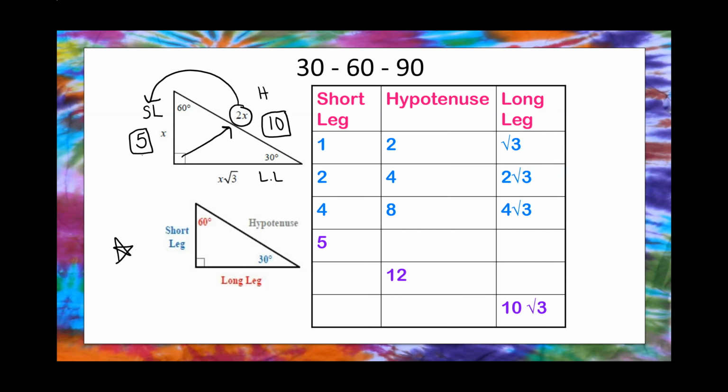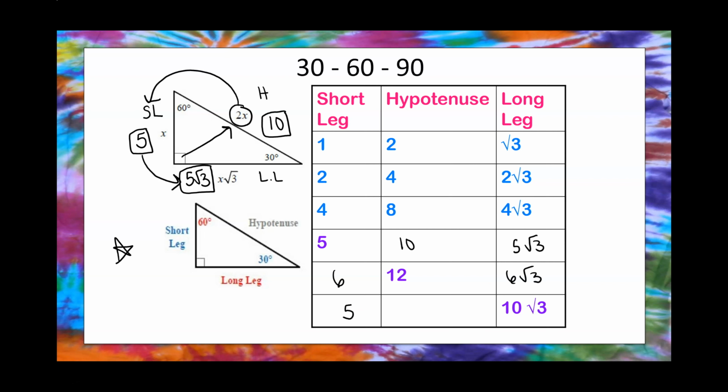Now how do I get from the short leg to the long leg? Well, you can see right here, it's telling you to multiply by root 3. And in this case, we're going to have 5 root 3. Let's go ahead and fill in the table now. 1, 2, 1 root 3, 2, 4, 2 root 3, 4, 8, 4 root 3, 5, 10, 5 root 3, 6, 12, 6 root 3,